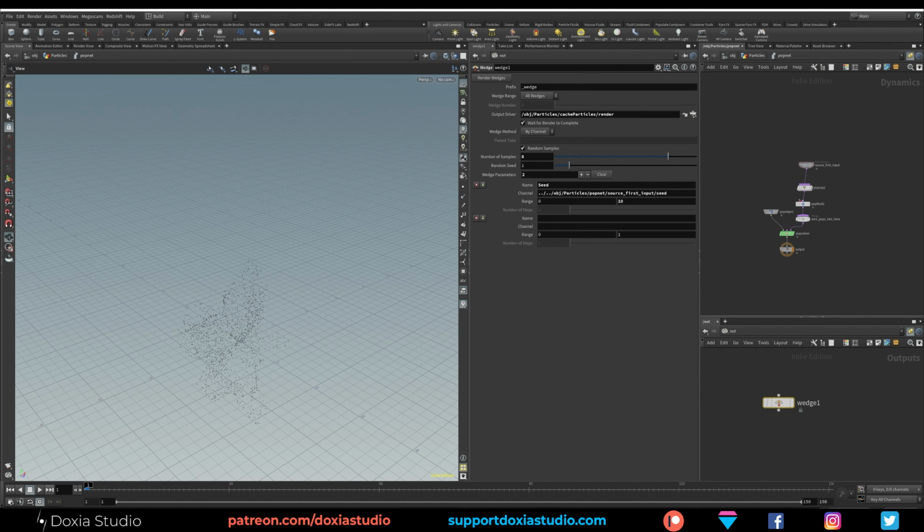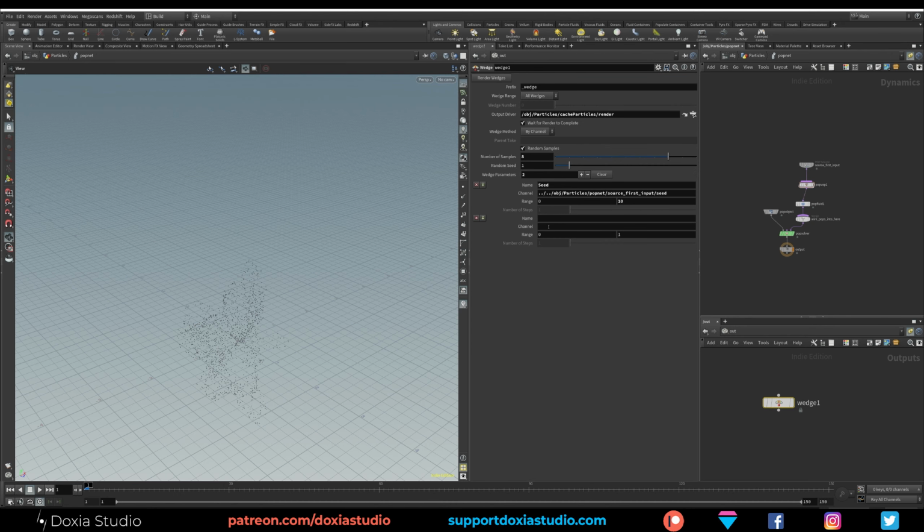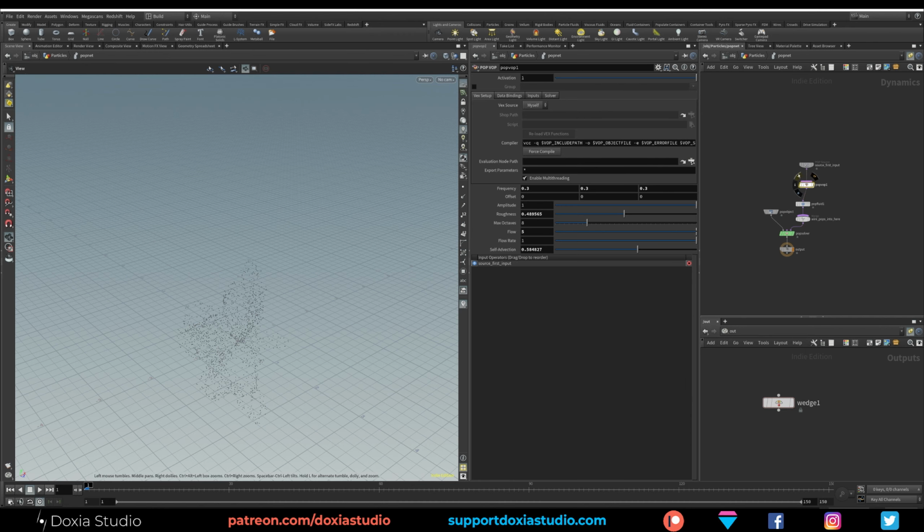Let's add another one, and let's change our noise a little bit. Let's change, for example, the roughness. So let's copy parameter, go to our wedge and paste relative. Clean this up. Let's call it rough. Okay, I forgot the G. And I want this to change between 0.25 and 0.75. Maybe that's way too much. 0.55 and 0.3.